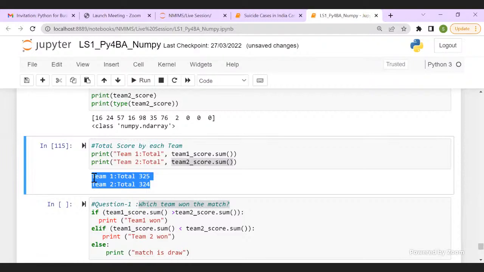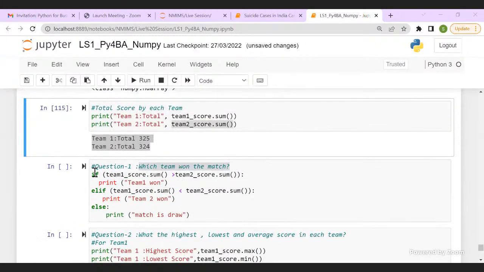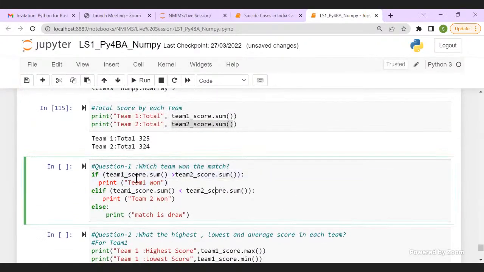Right. So now I want to see who won the match. What I'll be doing is using the if statement of Python. If the sum of team 1 is more than team 2, then team 1 has won.